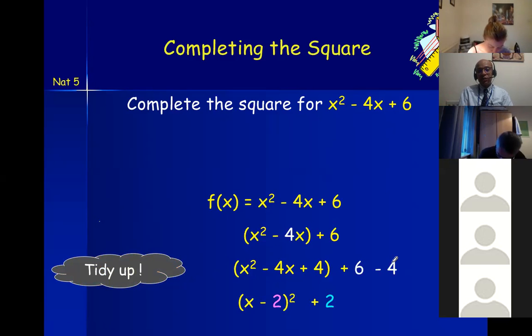Then 6 minus 4 is just 2. So we've rewritten x squared minus 4x plus 6 as (x minus 2) squared plus 2, and my b and c here: b equals negative 2,